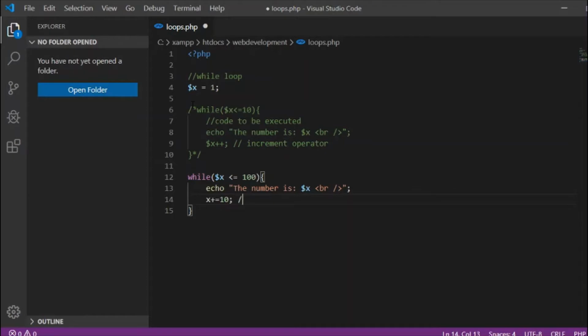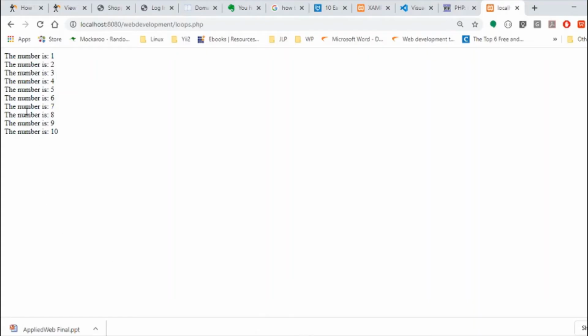So this is just a shorthand way to write x is equal to x plus 10. Alright, so it would be the same thing if you were going to subtract or multiply some values. This is just a shorthand method of writing that statement. Okay, so this and this are the same thing. So let us save this and test it out. Let's refresh,